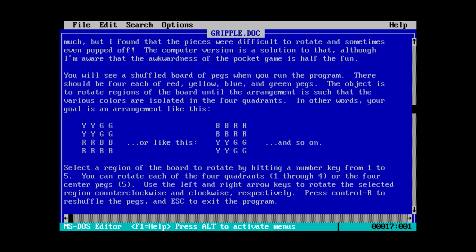So you'll see a shuffleboard of pegs when you run the program. There should be 4 of each red, yellow, blue, and green pegs. The object is to rotate the regions of the board until the arrangement is such that the various colors are isolated in the 4...